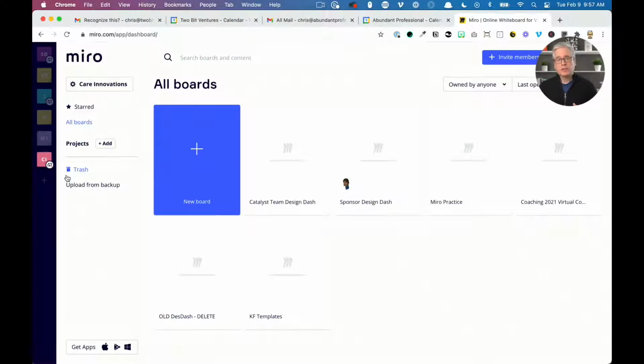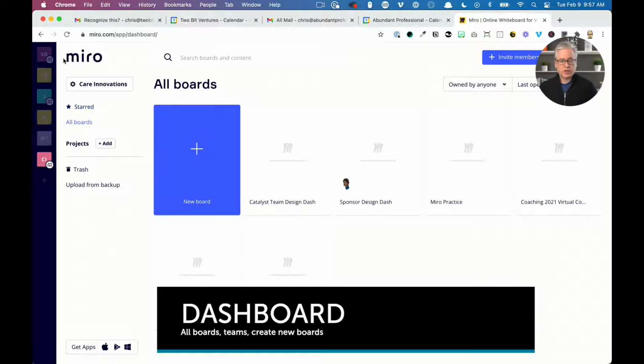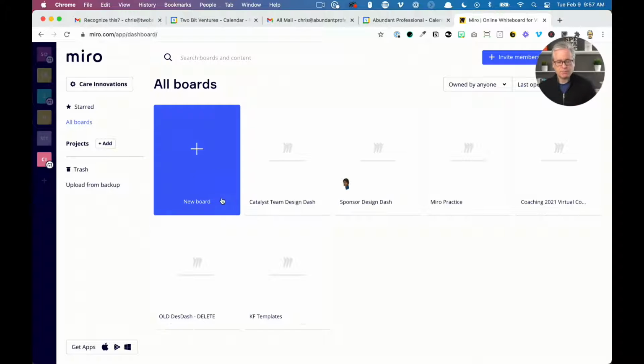When you first log into Miro, you'll see your dashboard, which has the different teams you may be a part of. You'll probably start out with just one team, and then all the boards that have been created so far. You'll have no boards created, unless maybe there's a default help one to begin, and you can click new board. But I'm going to take you into a board that's already been used so that you can see what it's like as you start using Miro. So I'm going to come in here,